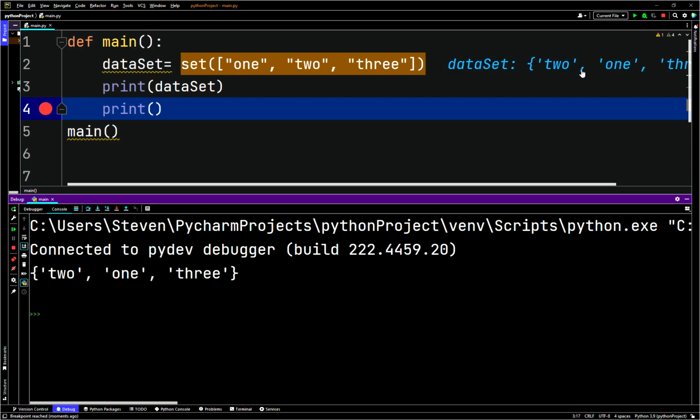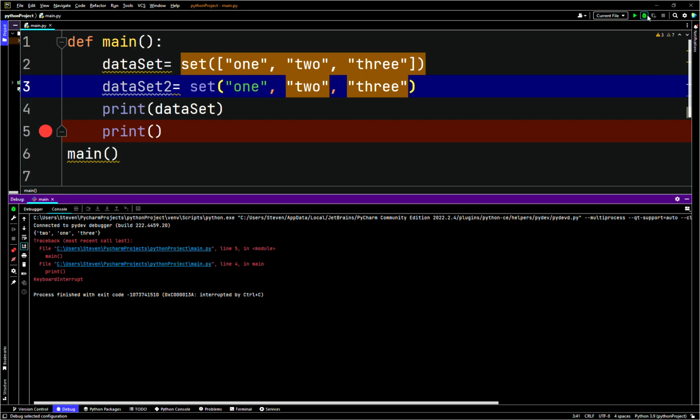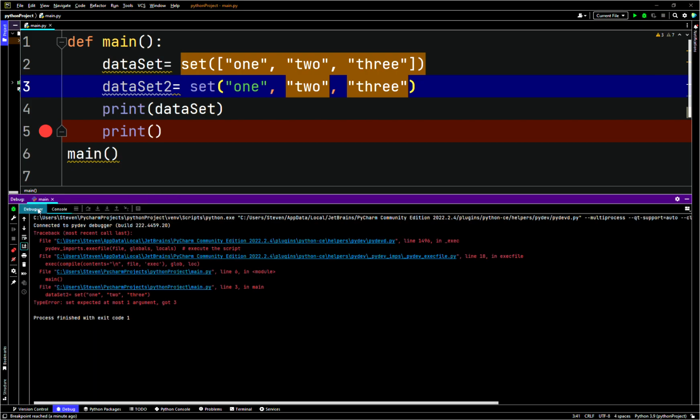So that's different if we had, for example, data set 2 points to the set function passing in 1, 2, 3. So they are a little bit confusing. You don't see them in a lot of other programming languages. So it's kind of something you probably will have to practice. So as you can see, what happened there, data set points to that. So yeah, so you can't have more than one element in a set. So if we separated